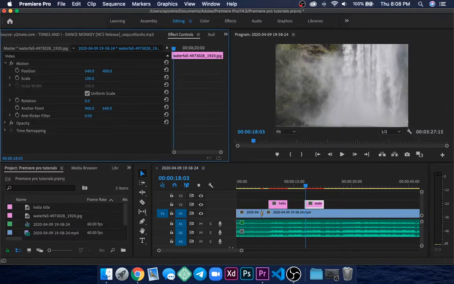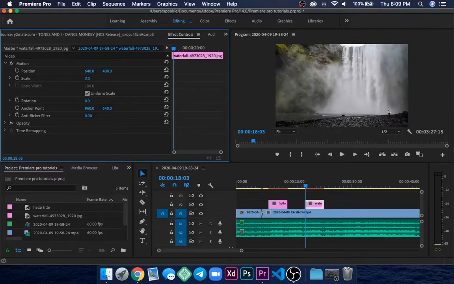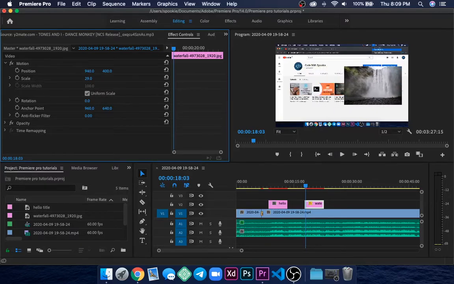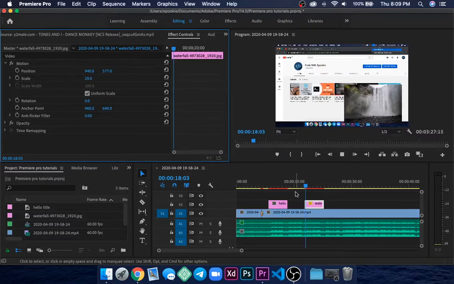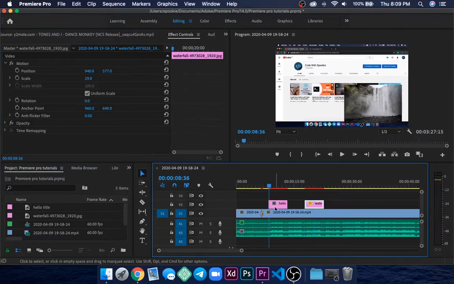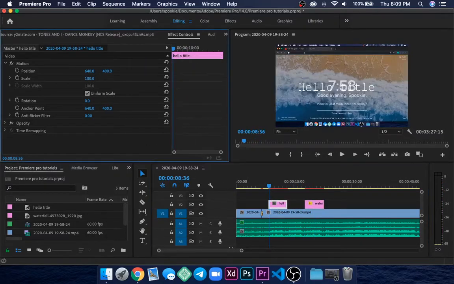So we can just double tap to edit it, or you can just do one thing, go on this and just click and scroll left or right, so you can see it adjust, and it's way easier to do than editing by writing there. So you can adjust it this way also. And if you play this video, the video plays and the image is on the screen as well. You can do it for the title as well. So I place it here. Okay,